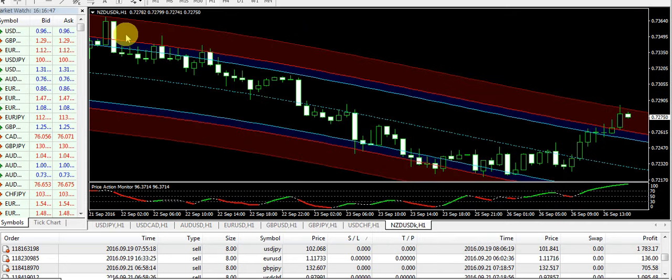Okay, now again the next chart, New Zealand USD. Look here, it seems that the bearish pattern is going to start here. I will just wait for this candle. If this candle closes bearish, then I will take my sell position on New Zealand USD, and I hope that it will go more down. It will go down from that level, and you will have a chance to make enough profits with this system.